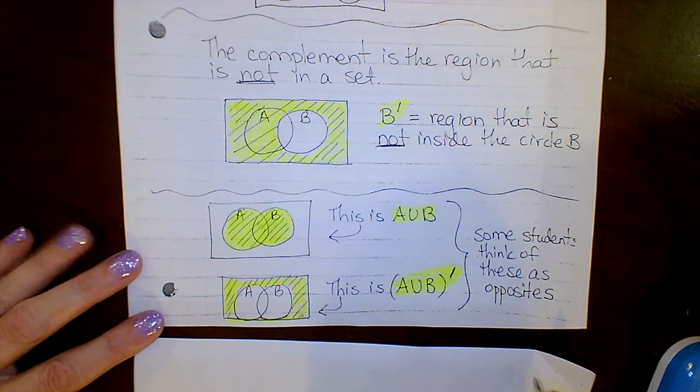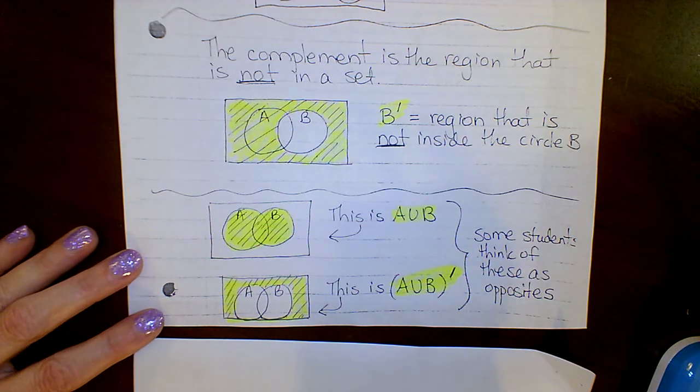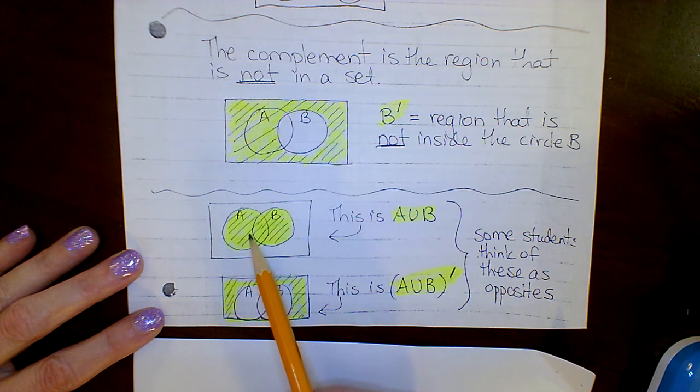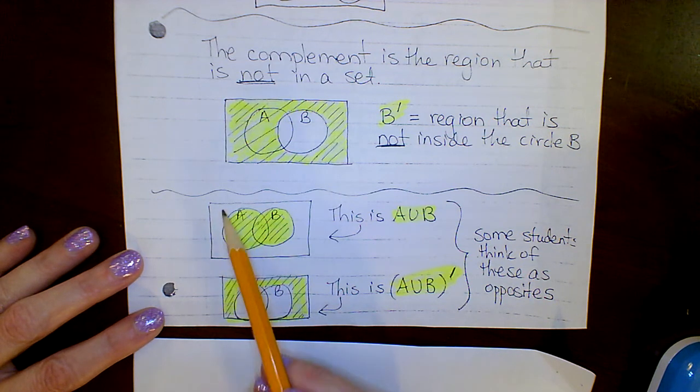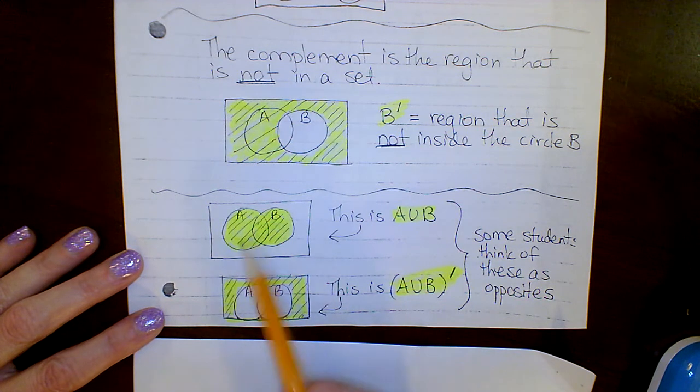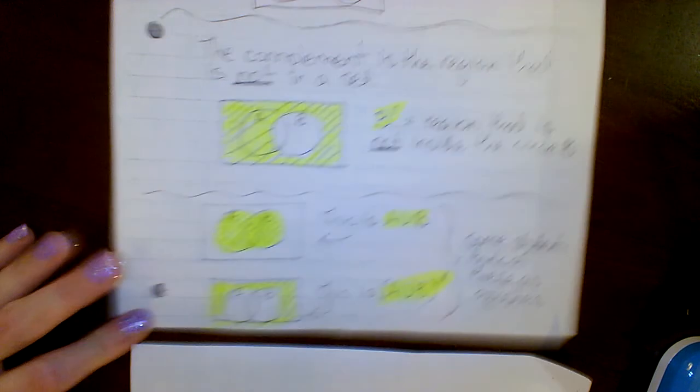Some students think of these as being opposites of each other. And yeah, you can totally think of that. I mean, look, if you talk about what's shaded, the complement is to basically flip your shading. If it's unshaded, you shade it. If it's shaded, you unshade it. Okay, so